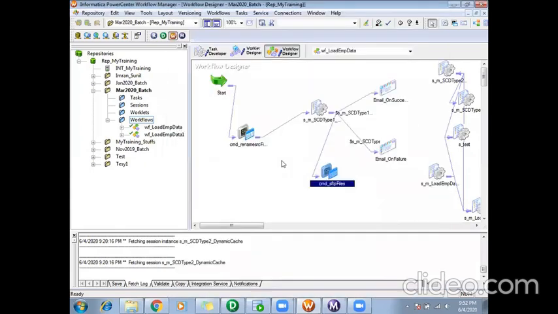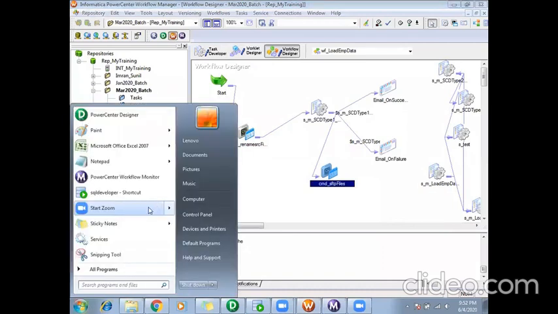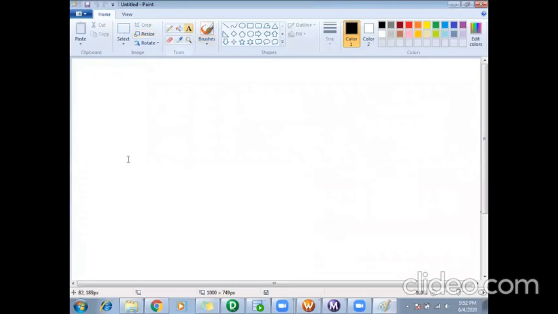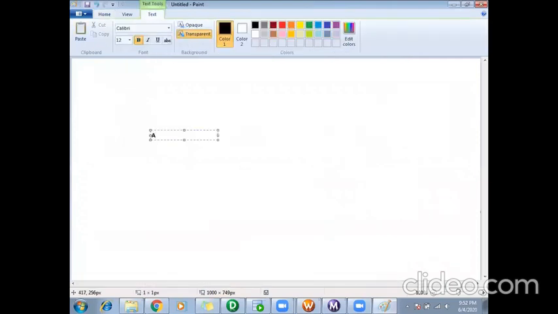Initially, as I told you before, assume your source file was coming as abc underscore yymmddhhmmss. So every day it will come with a timestamp. You can't use this timestamp directly in your session's file name property.